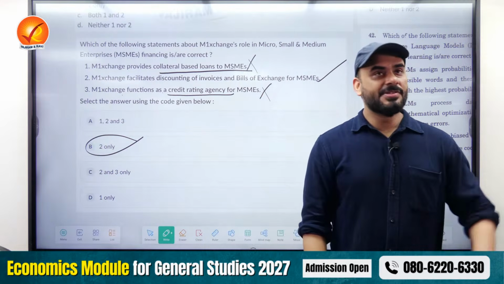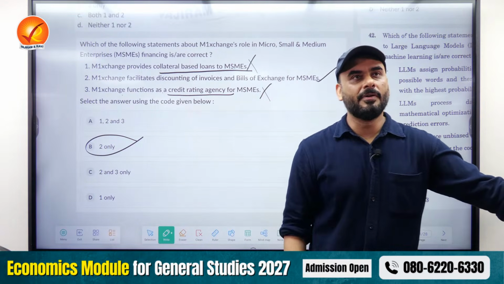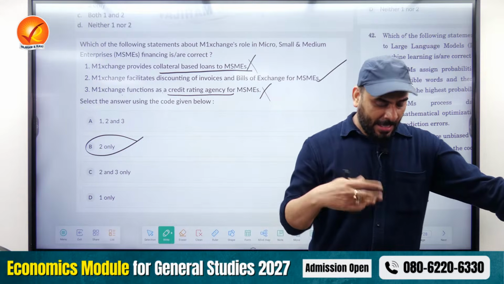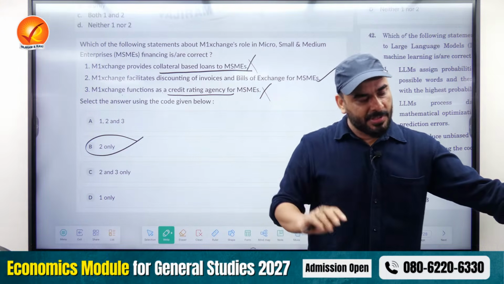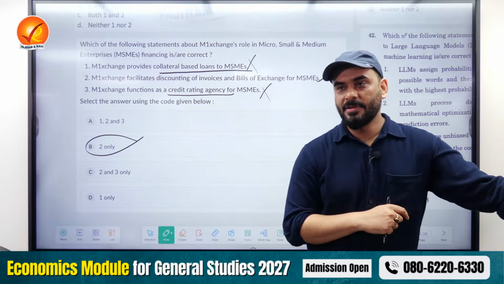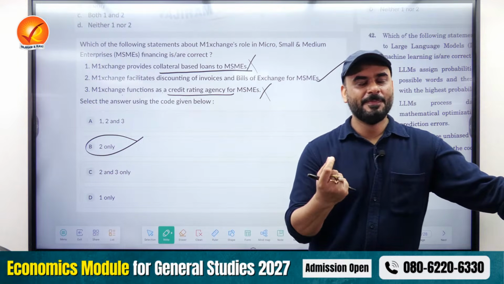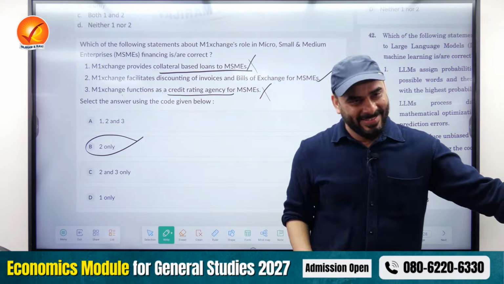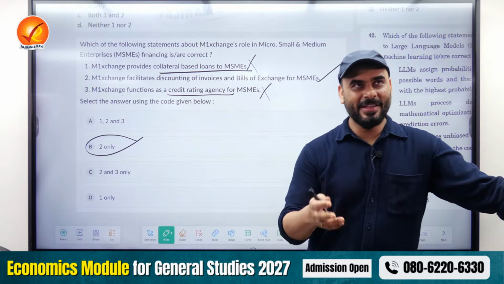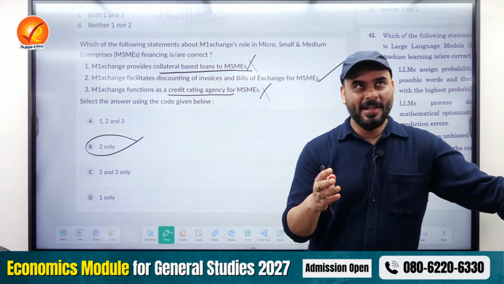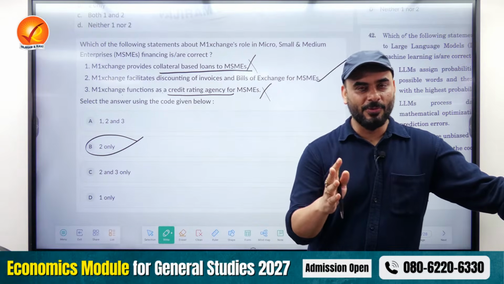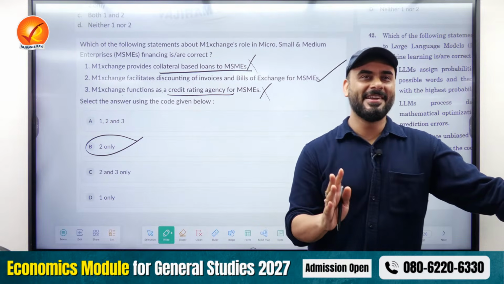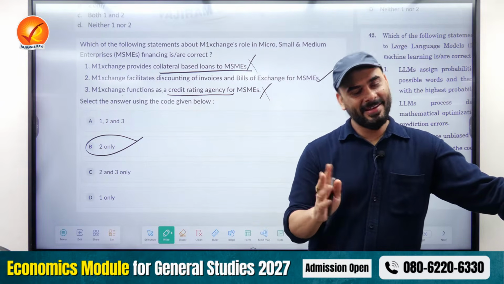So can we really answer a very technical question in an easy manner without taking too much stress? 100% possible. There is only one thing which is required. Hard work. We cannot be lazy. We cannot cut short and we cannot say that I will not study this much because this is too demanding. No. When you go all out, you have to give 100%. If you give anything less than 100% to the preparation, there can be a problem.